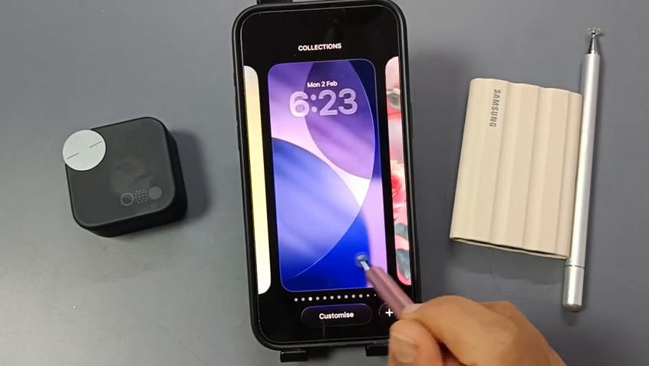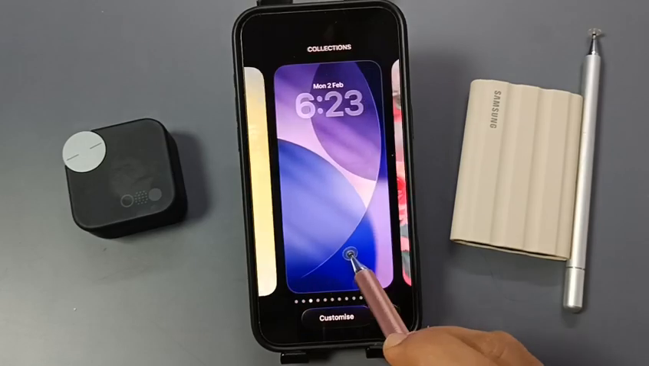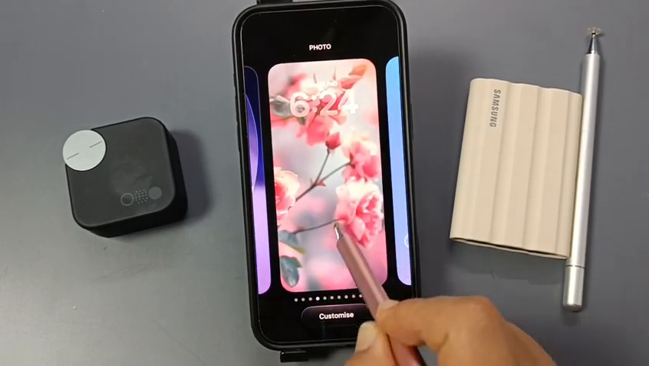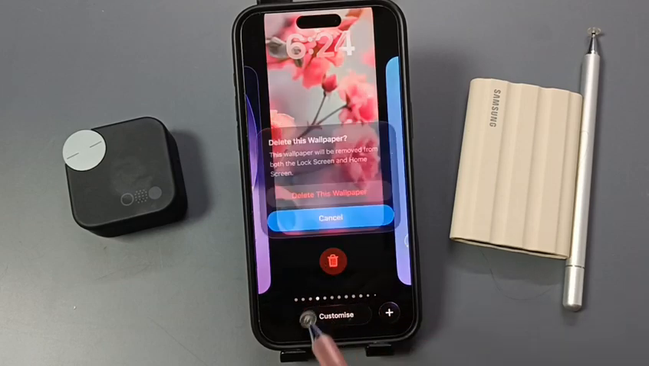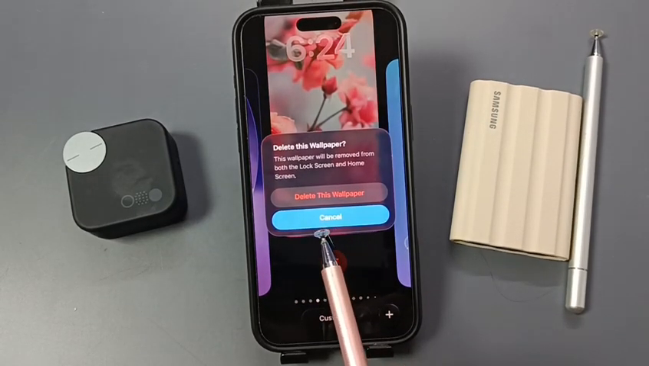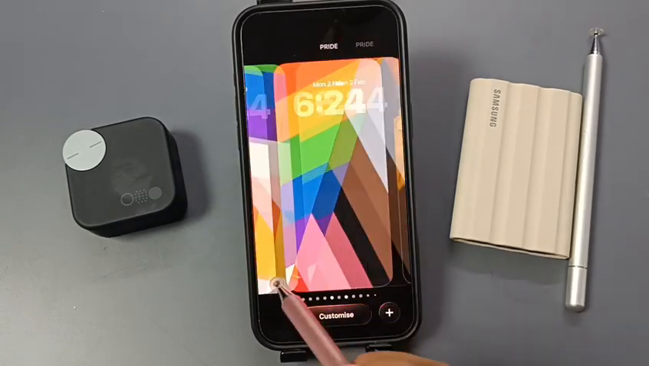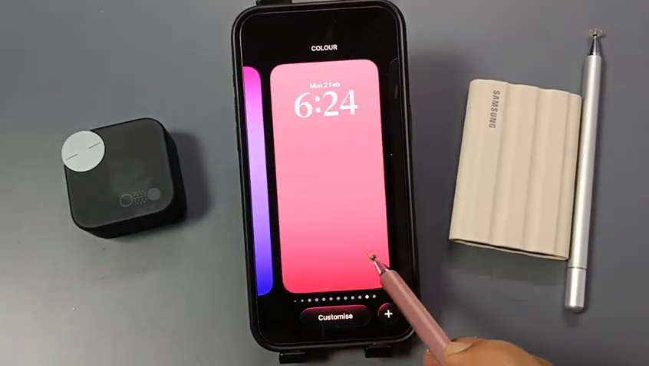So again I will show you. If you want to delete this one, just swipe up. Tap on the option delete button. Now confirm this with delete this wallpaper. That's it. So simply in this way we can delete the